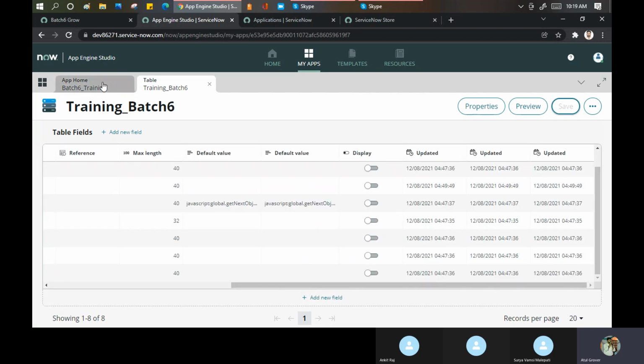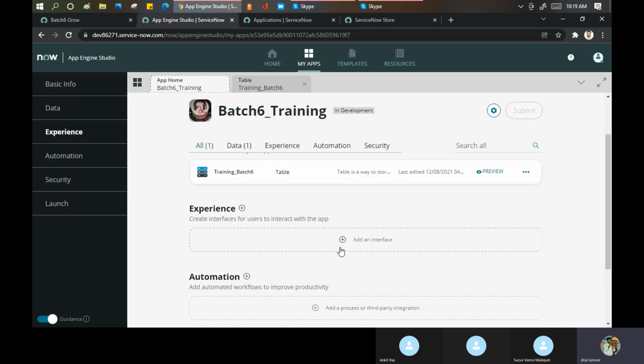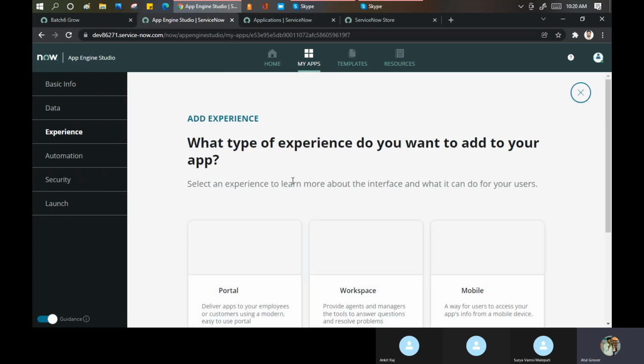Now I come here. Experience: how a customer can use my application via native view, or via mobile application, or via portal. So I click on add an interface.